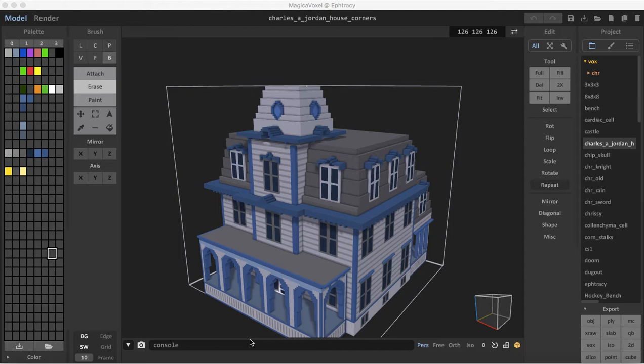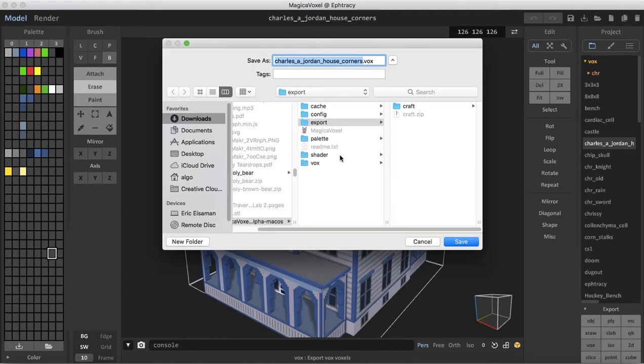If you're going to share with somebody who is also going to use MagicaVoxel to maybe further edit your file, or possibly just use it as inspiration to load it up on their computer in MagicaVoxel, then you would export it as a Vox file. You go down to export in the bottom right. So if you go down to export and then click Vox, it's important that when you do so,